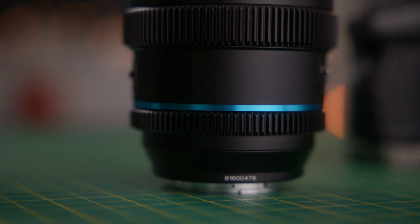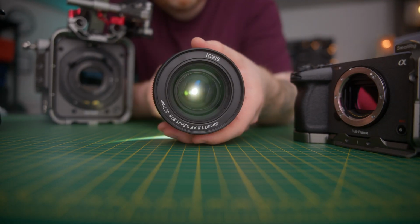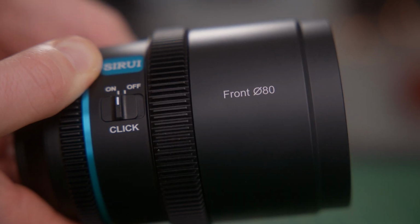So going back to the question at the beginning of the video, does this fall more on the side of a cinema lens or a photography lens? Fortunately for us video people, it probably falls more onto the latter, just because when you go into manual focus, it's such a numb feeling when twisting. Even though it's geared and you could put a focus motor on there, it is quite numb. You can tell it's electronic, focus by wire style, where when you're twisting it,